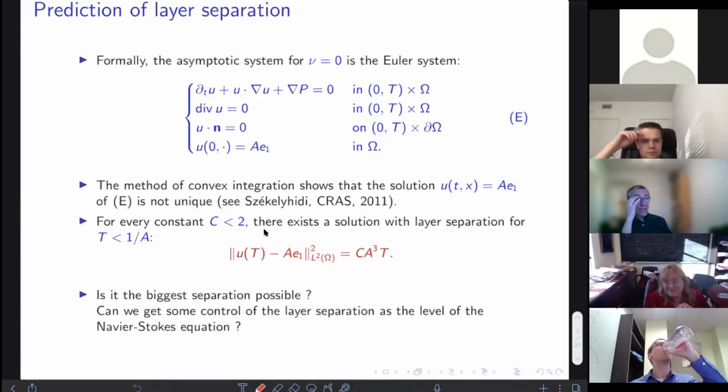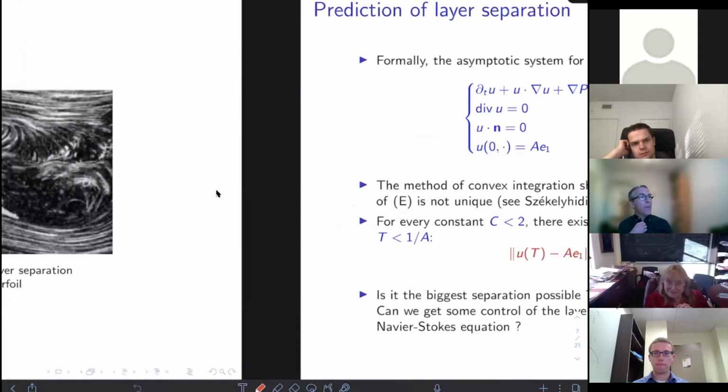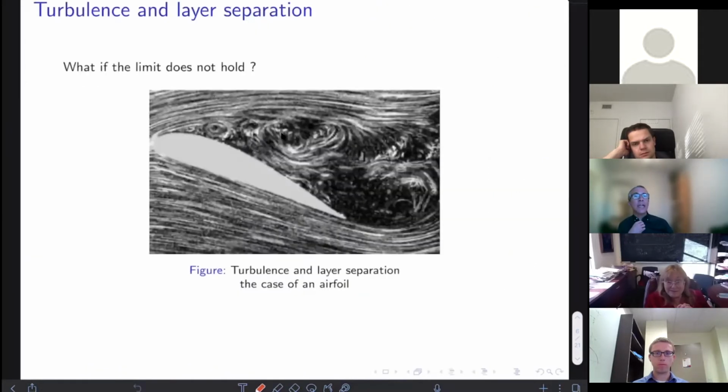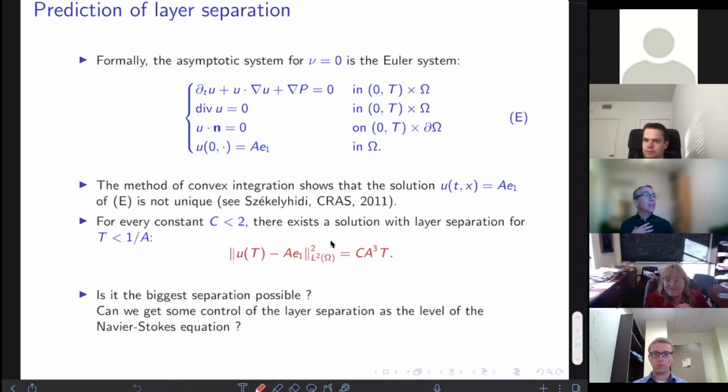Can you get some information for when you take nu equal to 0, and say something about what we can get? So here again, as I said, we are betting on the worst scenario, so on really the turbulence here. So what we want to show is, can we show that you cannot get worse than that, right? So the idea would be to say that, well,